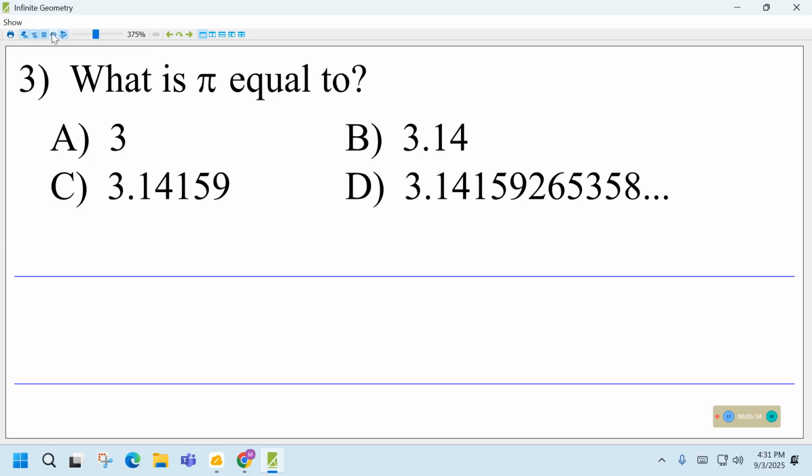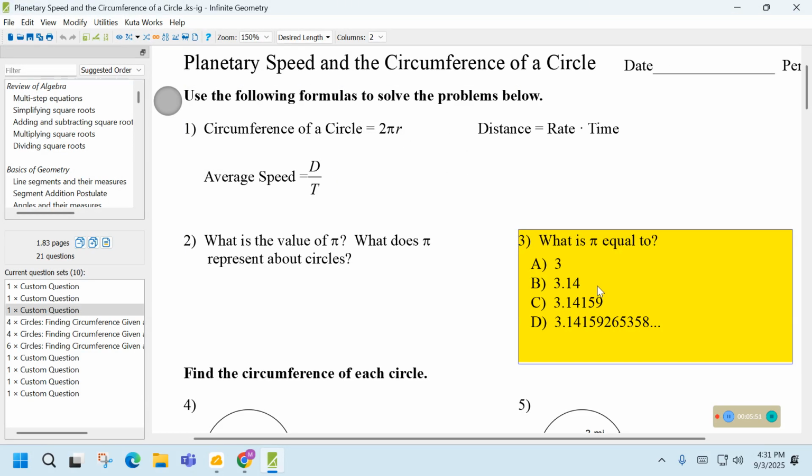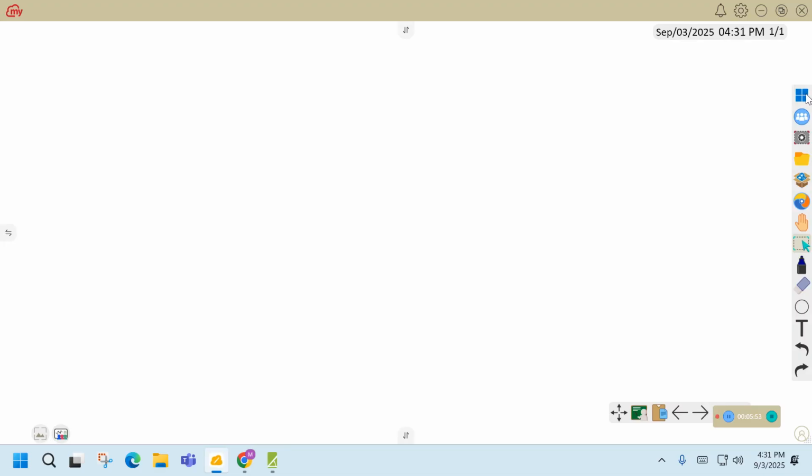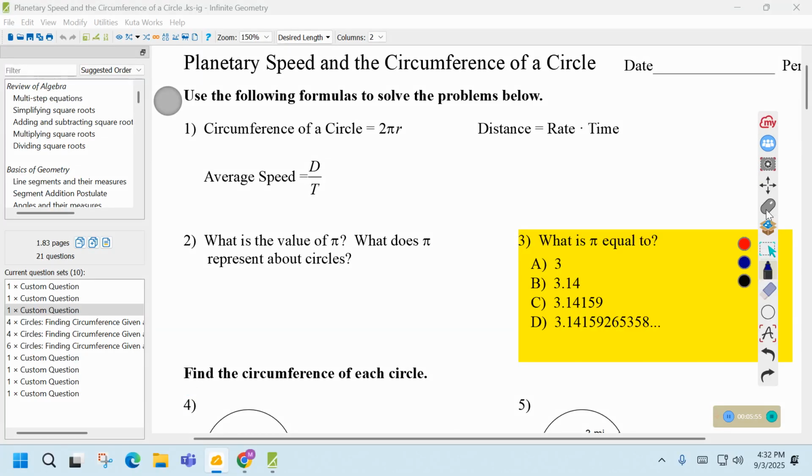All right, and the answer is D, okay? It can't be C. Again, the idea that I told you guys earlier was that pi is infinite, right? So I'm going to need to cross out all of the ones that are not infinite. And we see there's only one that is infinite, right? And which one is it? The one that is infinite,